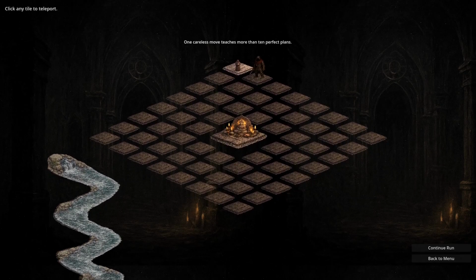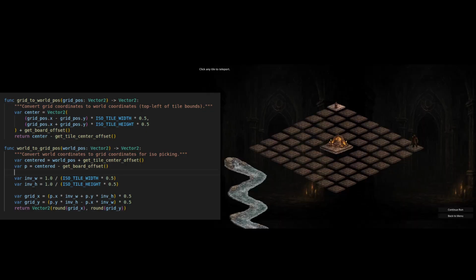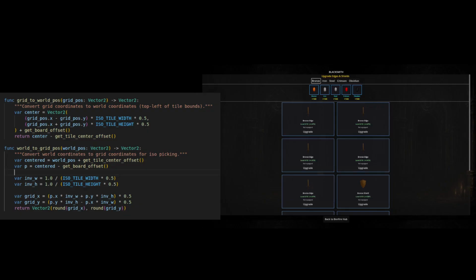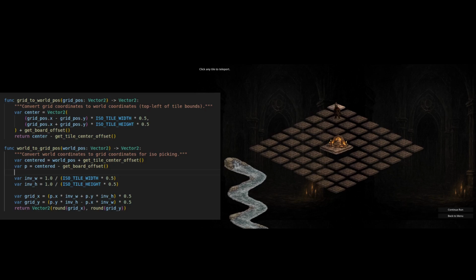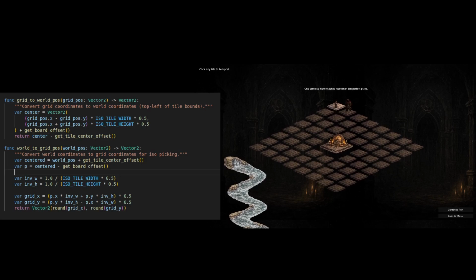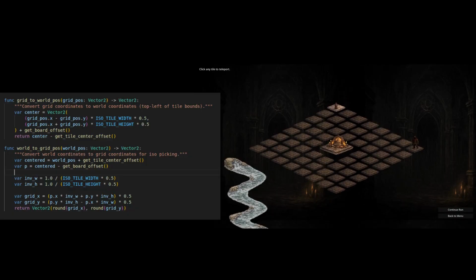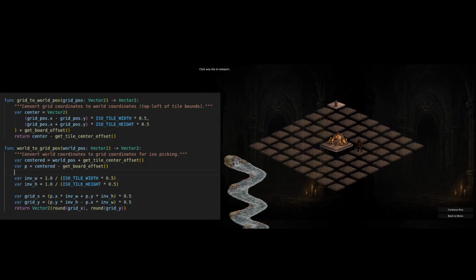Here we have two functions that do the heavy lifting. Grid to world pos takes a grid coordinate and projects it into isometric screen space using the classic diamond projection formula. X minus y for the horizontal axis and x plus y for the vertical. The inverse function, world to grid pos, reverses this math so we can convert mouse clicks back into grid coordinates